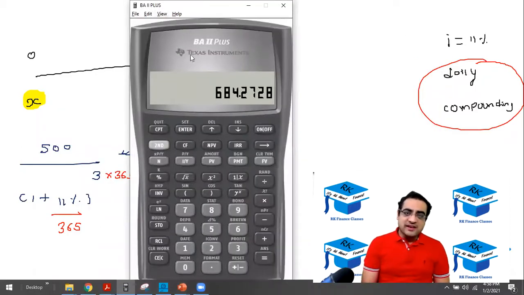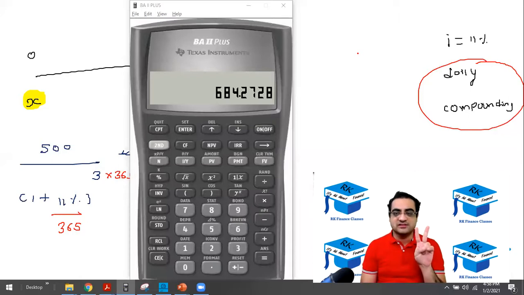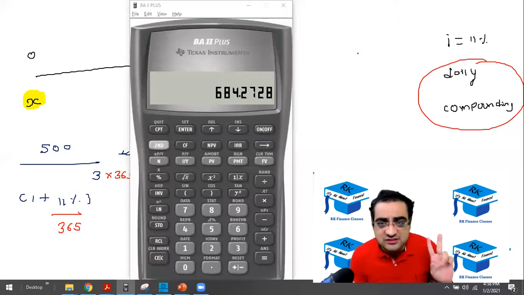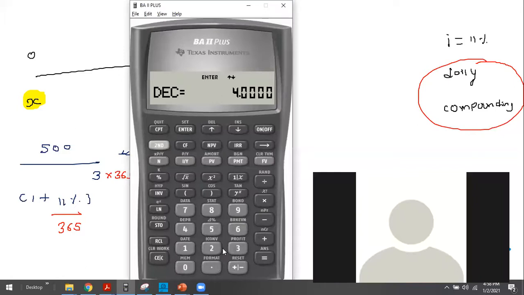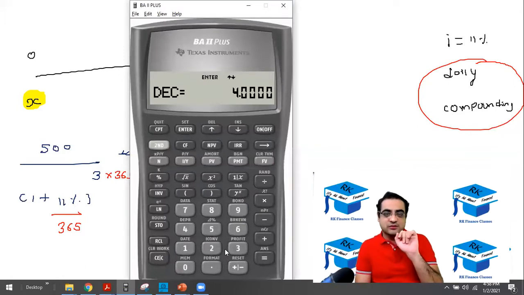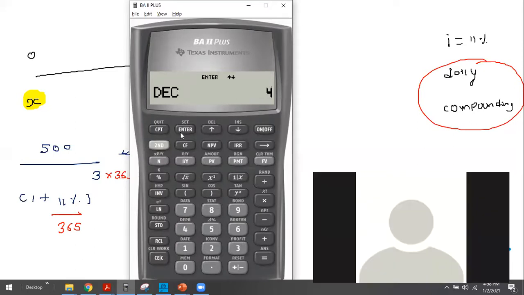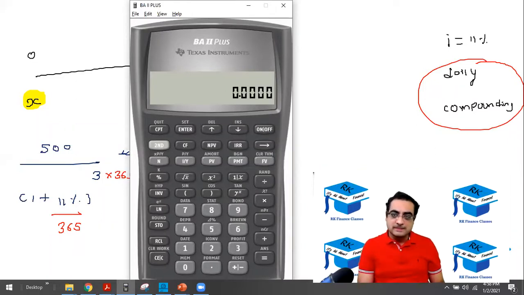By the way, does anyone have 2 decimals on your screen and not 4 decimals? Apart from Sanat, anyone has 2 decimals? Okay, Sanat, just press second dot. Sanat, please unmute. Did you press second dot? Yes, sir. D is equal to 2 on your screen? Yes. So press 4 and press enter. 4 and enter. And then press on off. Done. 4 decimals. Done. Thank you.